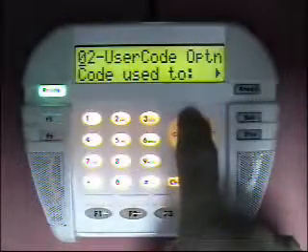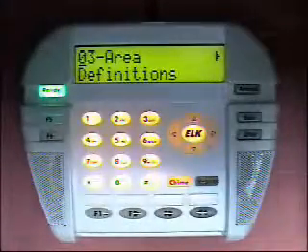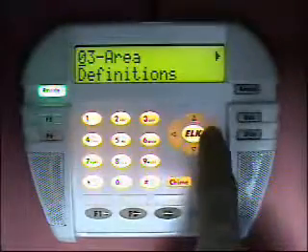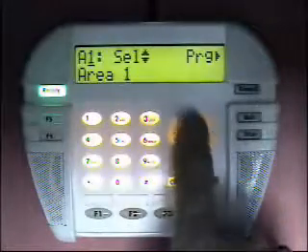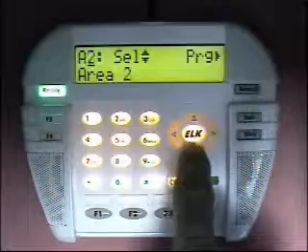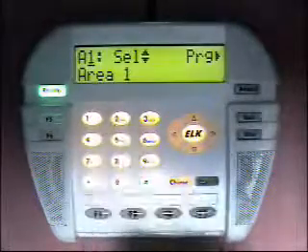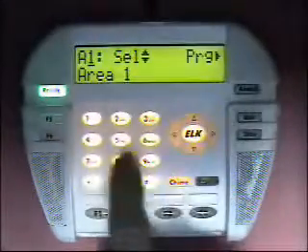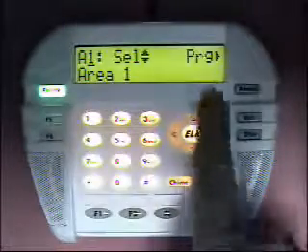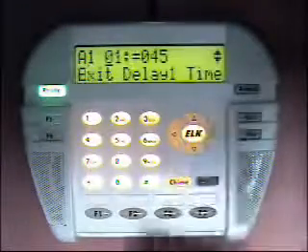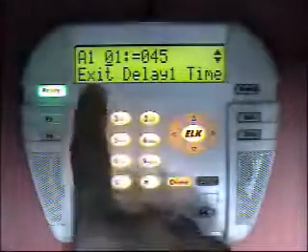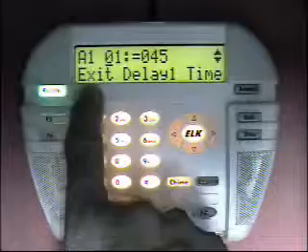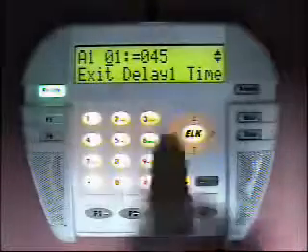So we'll go up to the next menu item, which is area definitions, and we'll enter into that. And now we select which area. We can go up and down to select the area numbers, or we can type in the area number. In this case we'll be programming area 1. So I want to program, so I'll hit the right arrow key. And now that brings us up to option 1. The first option is the exit 1 delay time. Here we have it set